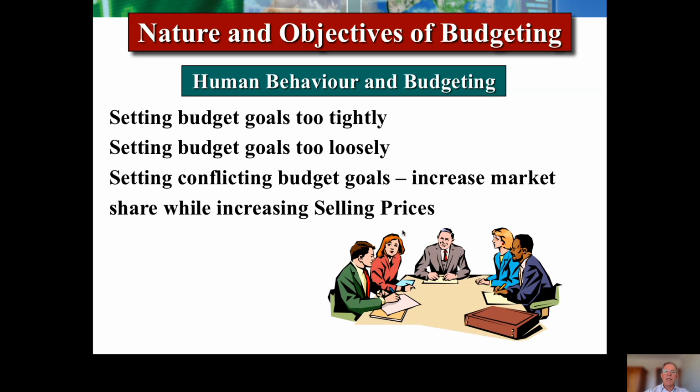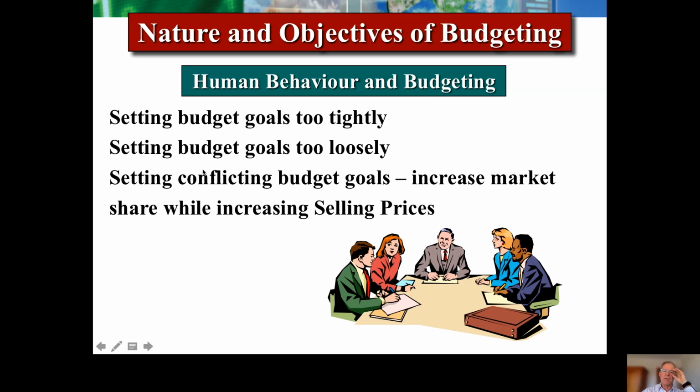So what are some of the human behaviours that we would see in the budgeting process? There would be some that would be tempted to try and look good, perhaps, and set goals that are just too unrealistic. Just can't make it. But perhaps they're just optimistic sort of people, and they think, we can do it, we can do it. And then other people who are a little bit more timid, maybe, or a little bit apprehensive, set very achievable goals, so perhaps they feel that will make them look good when they easily achieve their targets.